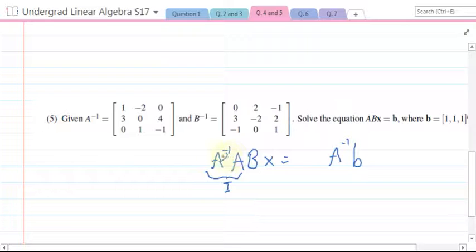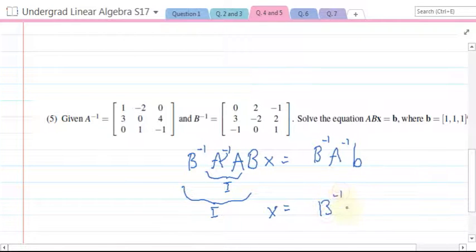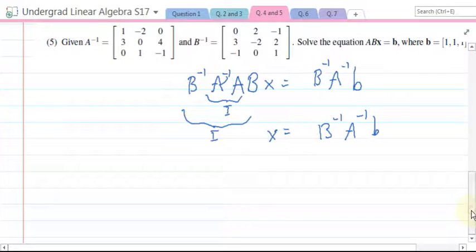Now if that becomes the identity, then what's in front in this equation is the B. So I multiply here by B inverse, and I get B inverse here. So here I also have the identity. So what that tells me is on the left-hand side I have X, on the right-hand side I have B inverse A inverse times B. All right? So all I needed to do to solve this problem is take the vector B, which was 1, 1, 1,